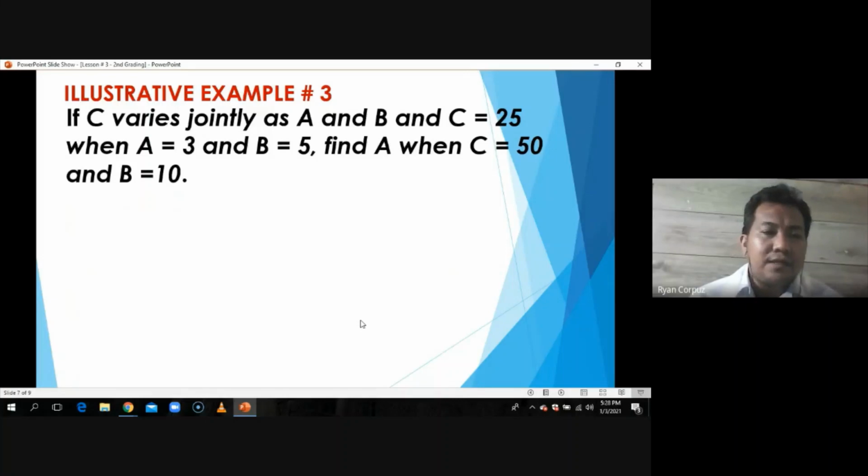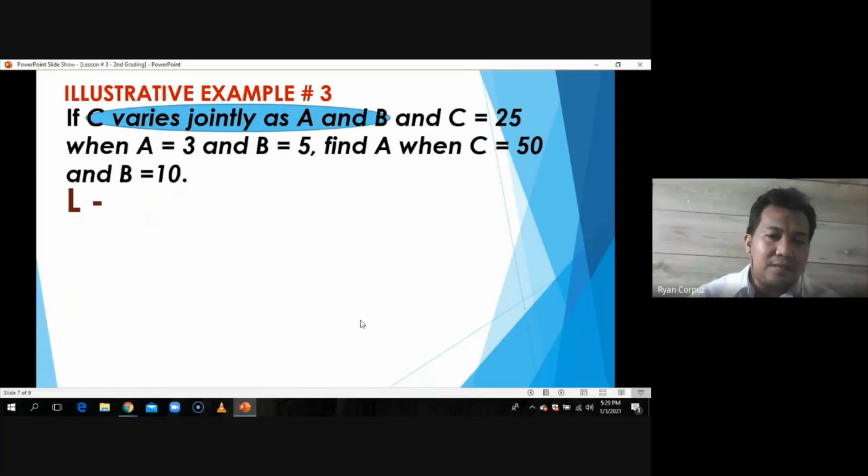In example number 3, the problem is, if C varies jointly as A and B, and C is equal to 25 when A is equal to 3 and B is equal to 5, find A when C is equal to 50 and B is equal to 10. So let's take a look first at the given statement of variation. The statement of variation is C varies jointly as A and B. So we have to translate it first so that those translations are to be used for us to solve that problem. So using the first step,